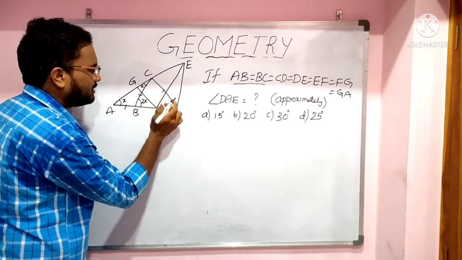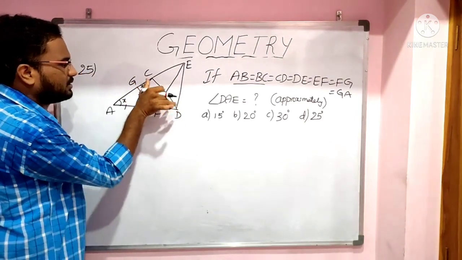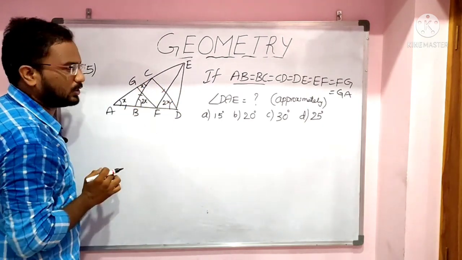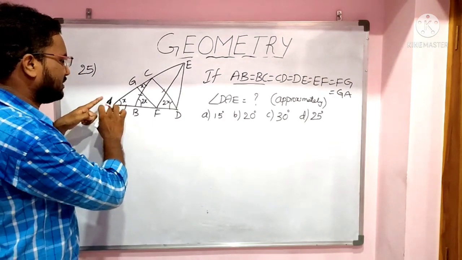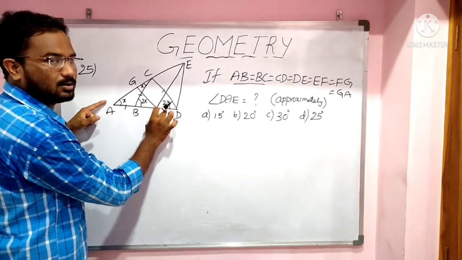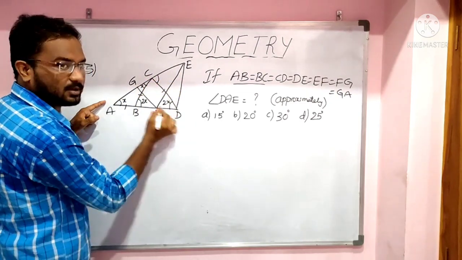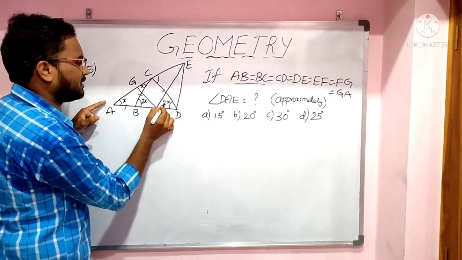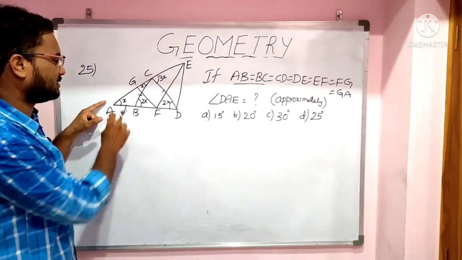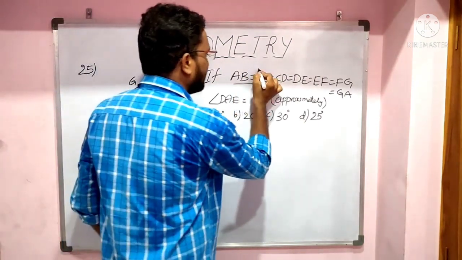So this angle and this angle both are equal. In this triangle, these two sides are equal. Hence this angle and this angle are equal. So if this is 2x, this will be 2x. Okay. And now in this triangle ACD, this is x, this is 2x. This is the exterior angle of triangle ACD. So if this is x, this is 2x, then this will be 3x, because exterior angle equal to sum of opposite interior angles. So total 3x.